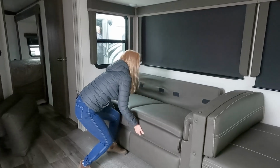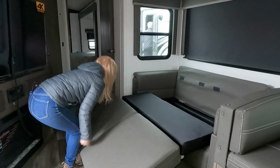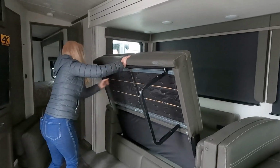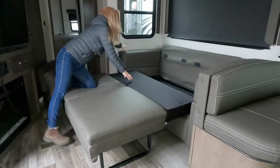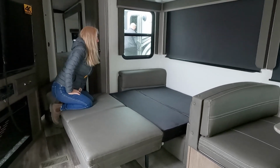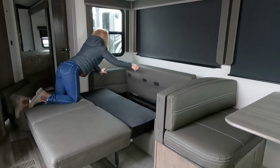And then when this lifts up, which is really easy, it just pulls straight out like so. Oops, I forgot to put the legs down. Got to put the legs down like so. And then this part folds down, and you got a pretty decent bed. So you can sleep the dinette and you can sleep this couch, and then there is a bedroom yet to